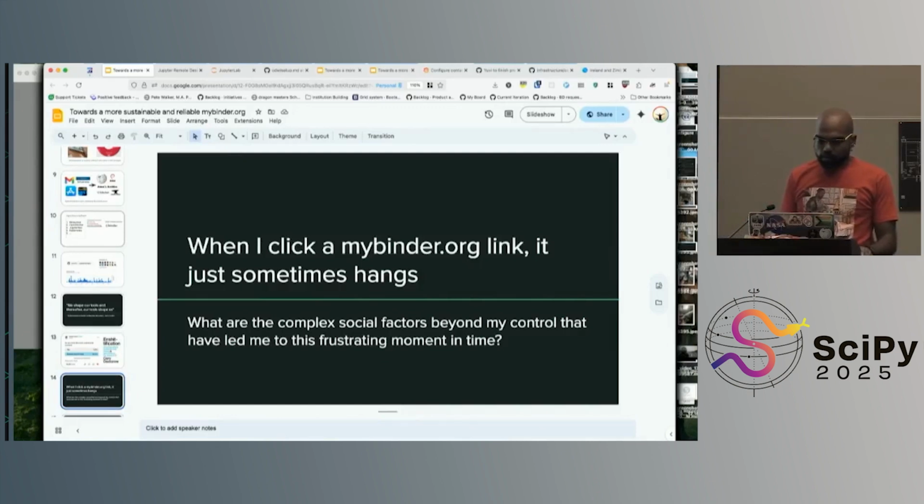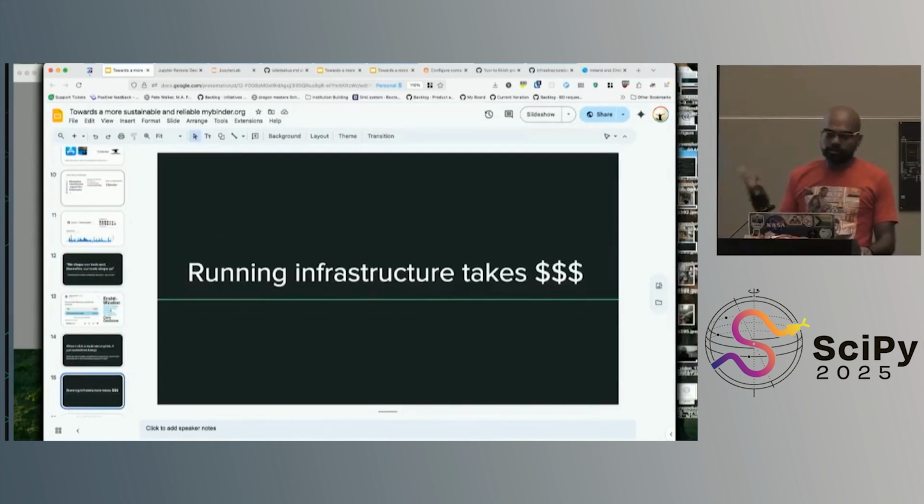So what went wrong there? First, running infrastructure takes money, right? But this is true for open source projects as well. Like SciPy is free to you, but SciPy is not free to SciPy. It costs a ton of money because they have to have the infrastructure to pay for the traffic. Fastly supports them, so that sort of works out. But you, as the end user, don't know that, right? To you, it's just that SciPy works because the SciPy team is great at what they're doing.